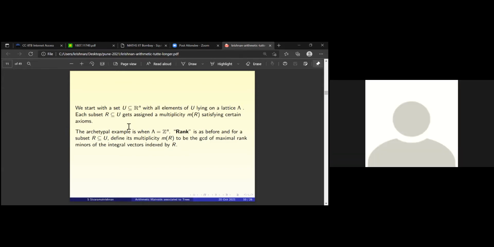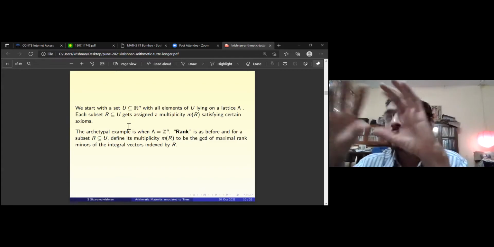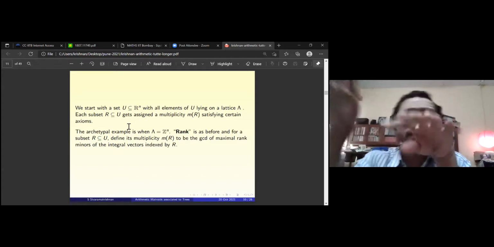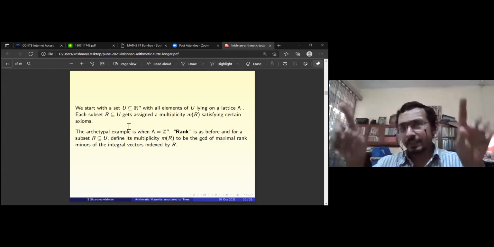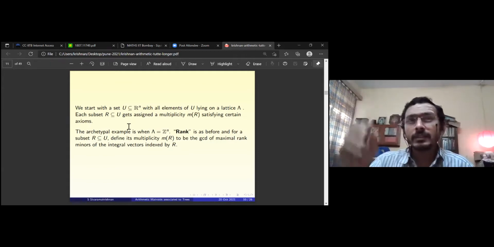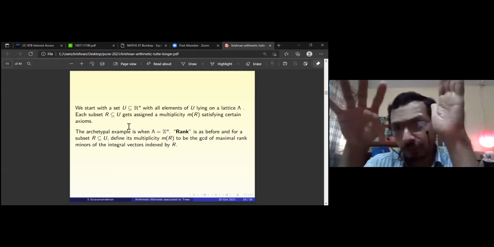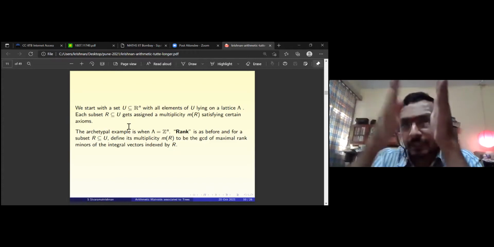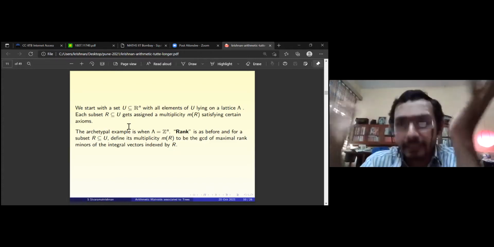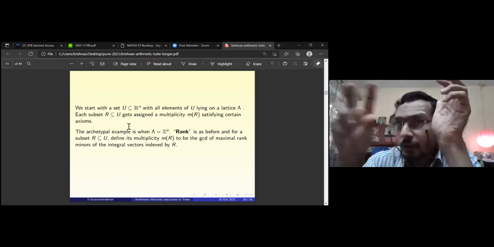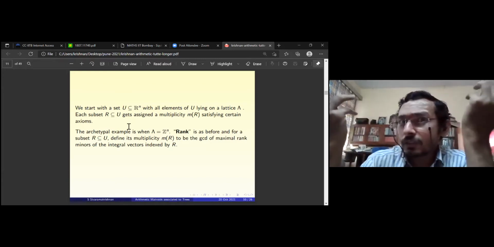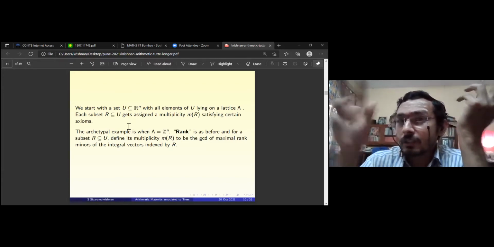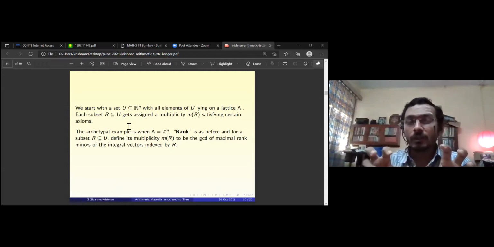So you take the list of all those determinants. Suppose the matrix has column vectors, each of which is 10-dimensional, and I'm choosing 5 columns. Maybe my rank is 3. Now there is some 3 cross 3 submatrix which is non-singular, but there may be several 3 cross 3 submatrices which are non-singular. So you look at all of them, look at their determinants, and take the GCD of that.